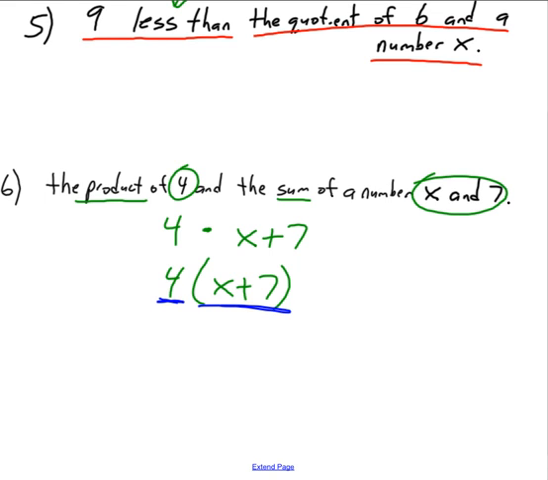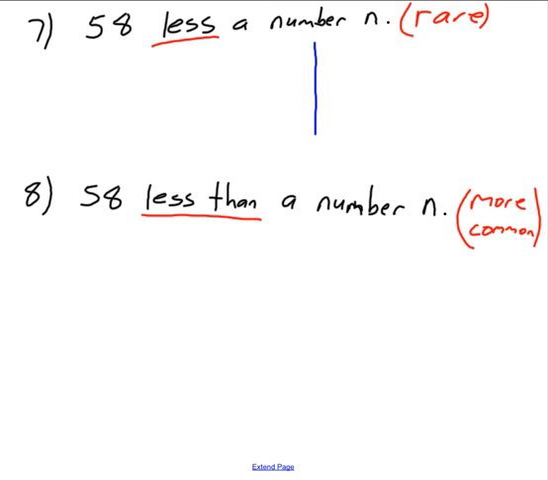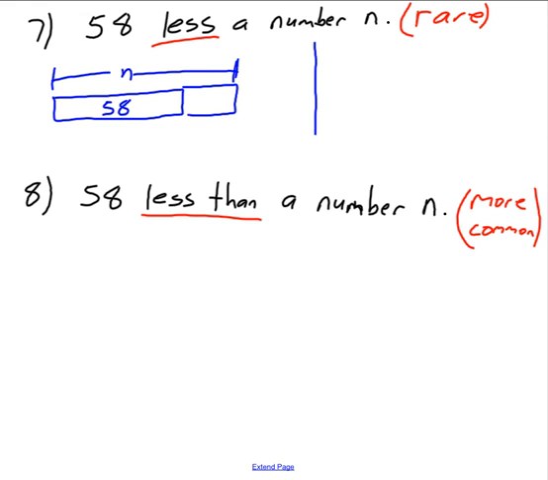Okay, so this slide talks about subtraction. 58 less than a number n, if we started with a number n, which we could say is this distance here, there's n, and if we say 58 less than that, okay, we could subtract 58 from that, then we'd be left with this amount here. So 58 less a number n,